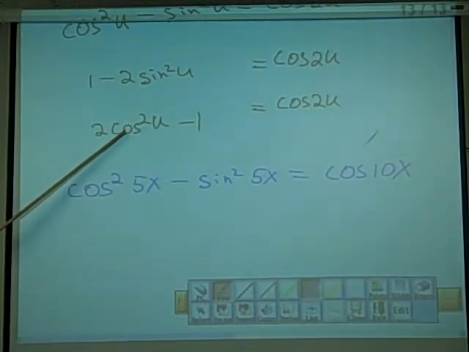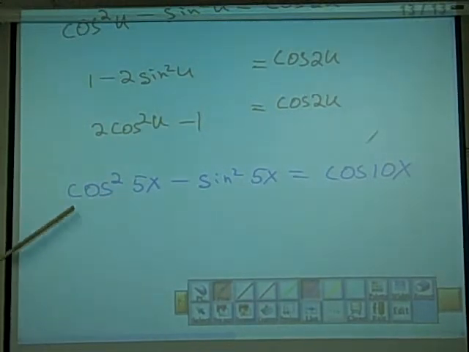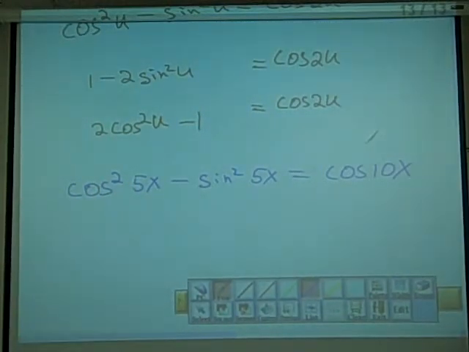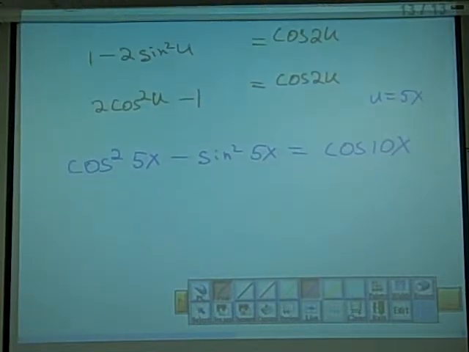And here we have a cosine squared, solve for cosine squared, and substitute it into this one. Simplify it, and we'll get what we have on the right-hand side. So we're saying that u equals 5x. Alright? So to start with,